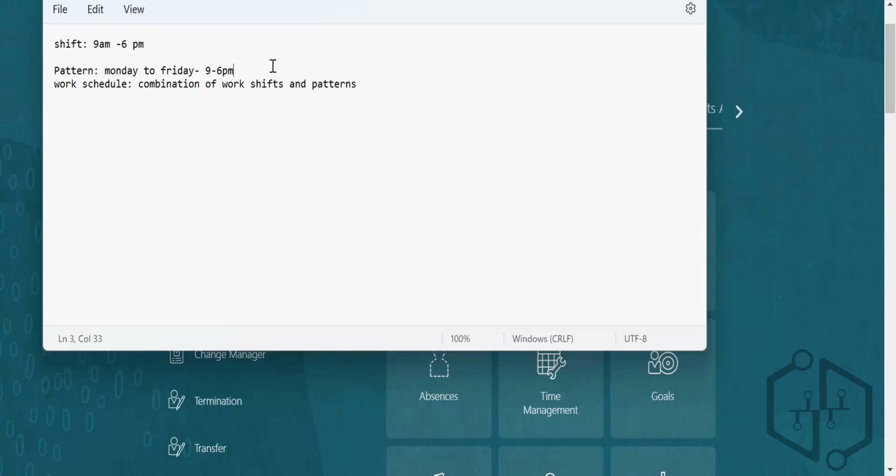So this is the way you do it. Shift is 9 to 6 p.m. Pattern is Monday to Friday, 9 to 6 p.m. Work schedule is a combination of work shifts and patterns, right? Okay. Got it? So first you create a shift, then you create a pattern, and then you create a work